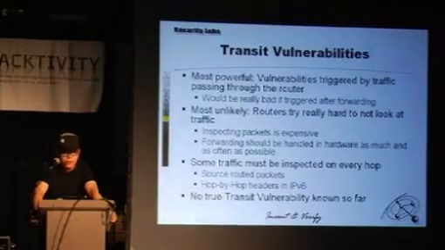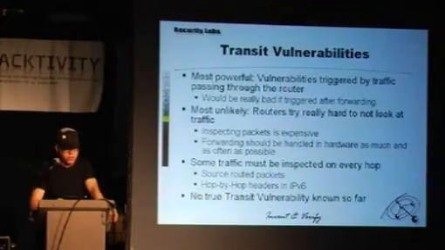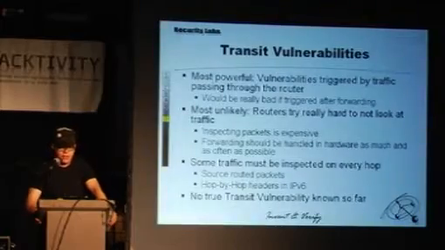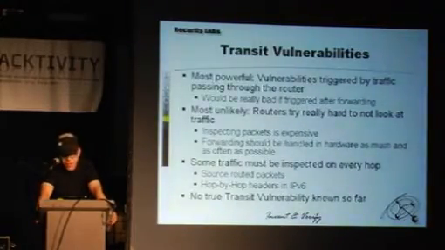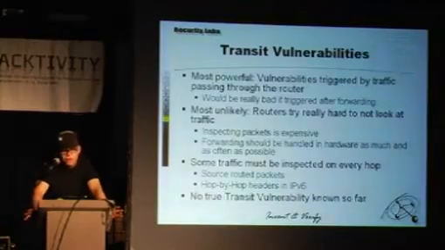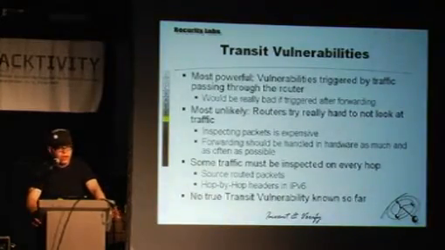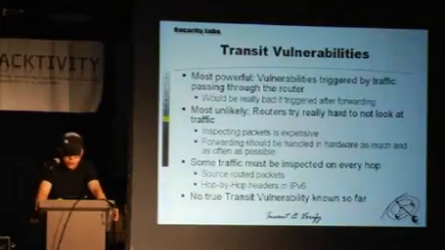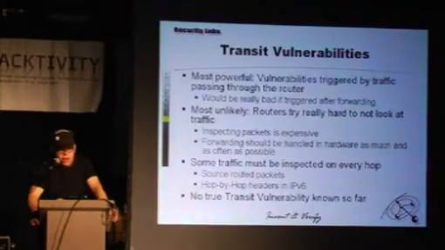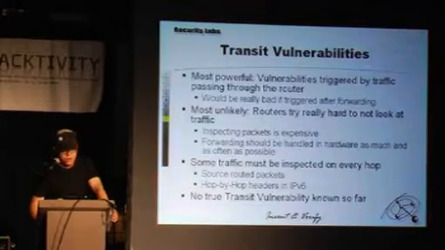And now you're probably seeing why this lawful interception is a really bad idea. Because now they need to look at the traffic to figure out whether it's someone to be intercepted or not. So far, we haven't seen a single really true transit vulnerability on Cisco, or on any router, so to say. But I'm speculating this is going to happen at some point in the future, and it's going to be a lot of headaches for the network operators.